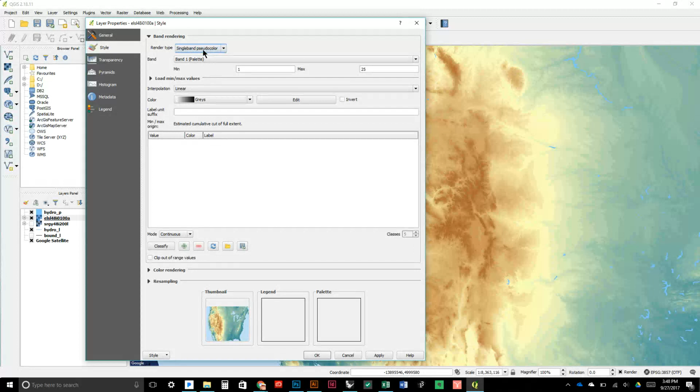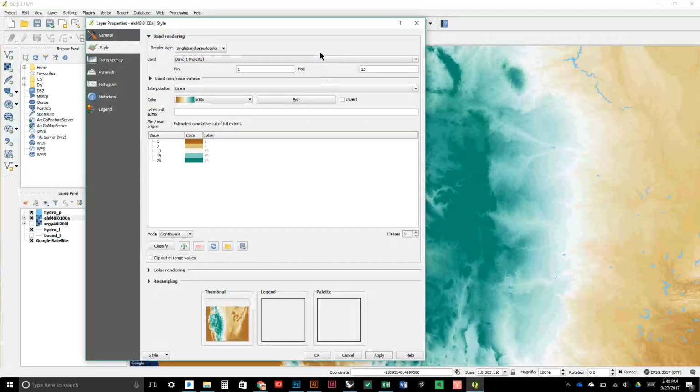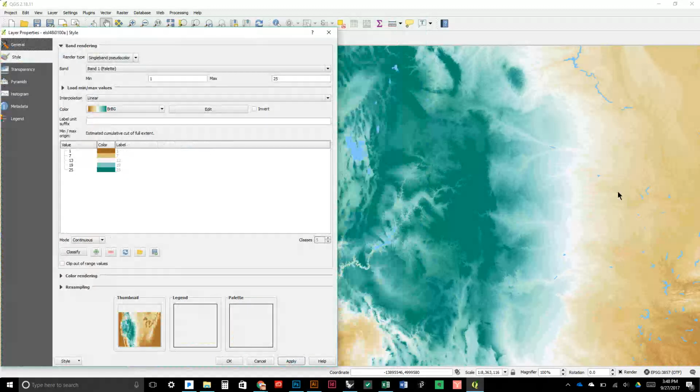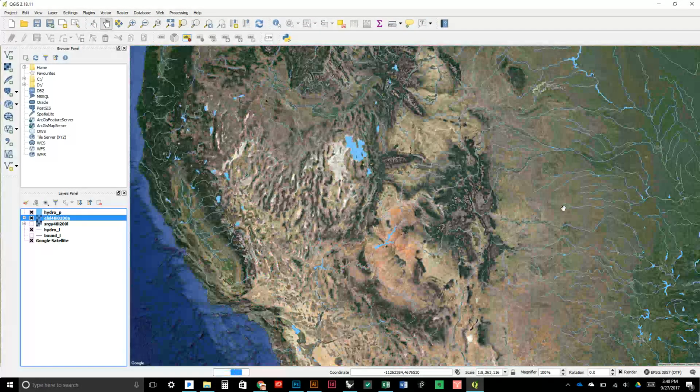So if I do a single band pseudocolor, I can then change what gradient I want it to be. So I can choose this color. I can determine how many classifications I want. You can see if I only have 5 classes for this one, you can really see how it starts to get sliced up,